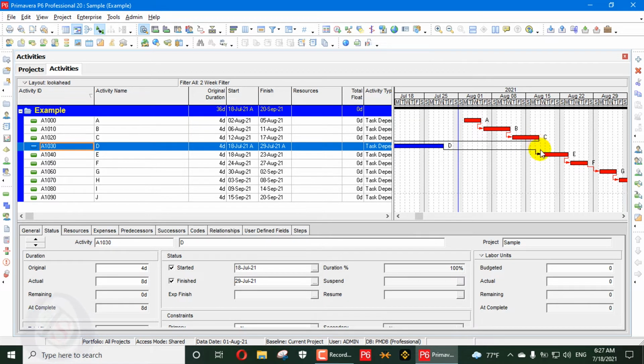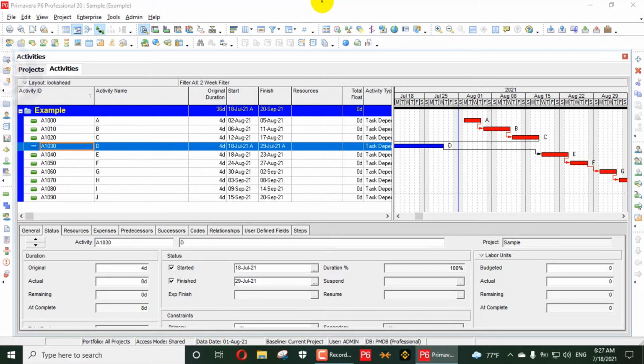Why is it done after C? Because C and E have a relationship, so E should be done after C in sequence.